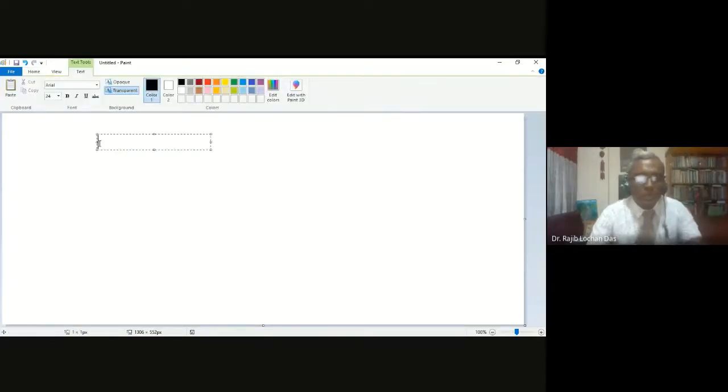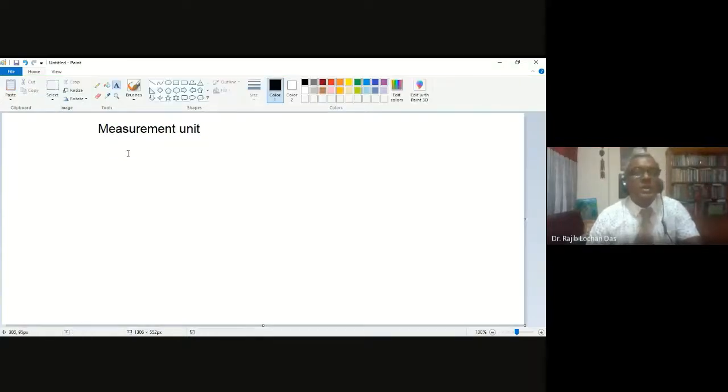Okay, we will now talk about another chapter, which is called measurement unit. A measurement unit is, say, you know something in centimeters, but you need to convert it into feet. Say you know your height. Your height is 5 feet 6 inches. If this is your height, then you want to know what will be the height in centimeters.